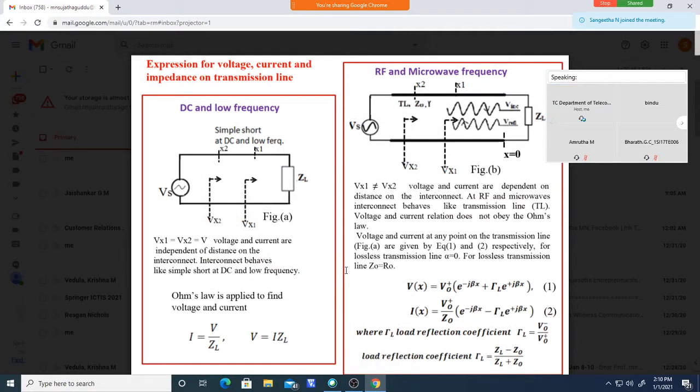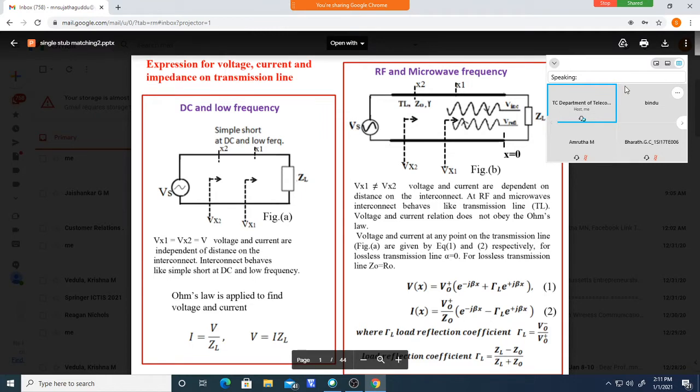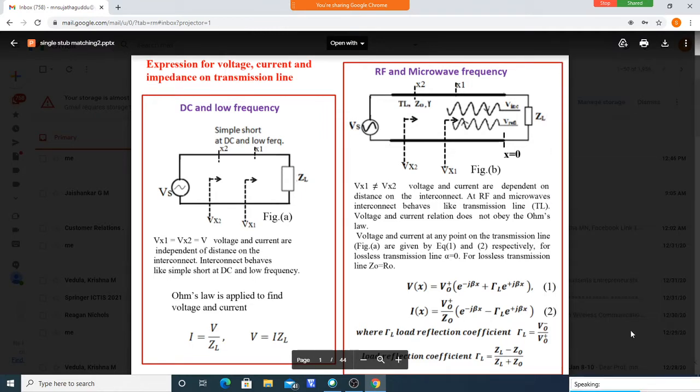Okay, in the previous class, we were looking at how to use a Smith chart for other applications. We studied how to use the ZY Smith chart for impedance matching, the L matching network. To find the component values, you can use the ZY Smith chart. You can easily find the values of components L and C of the L network using a ZY Smith chart.